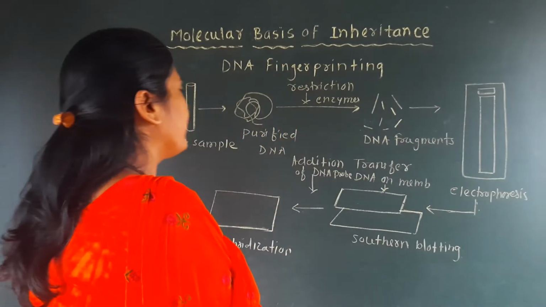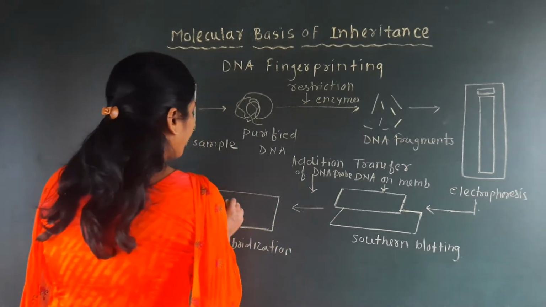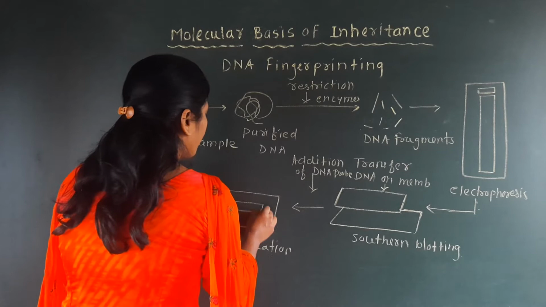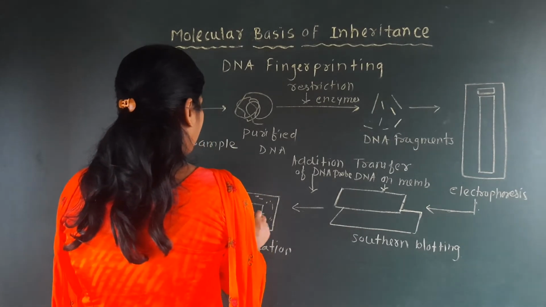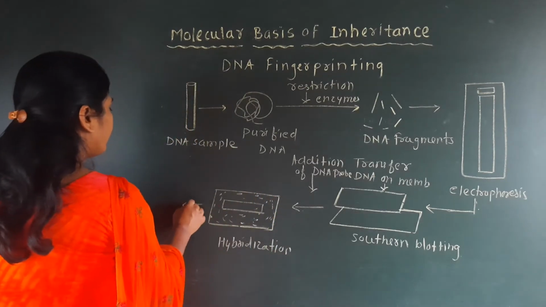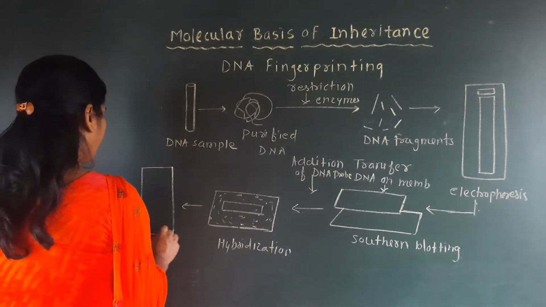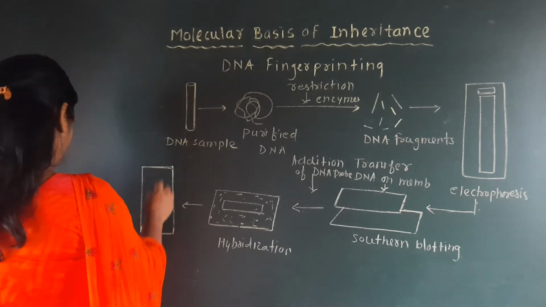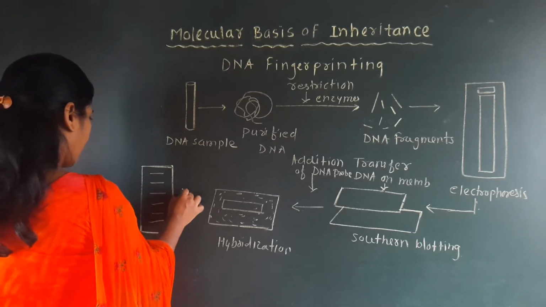So to check the hybridization, the DNA probe is added, and here you will find the formation of different structures. There will be pairing. If the person is the same, then that is called hybridization. And a photo of this hybridization can be taken by X-ray film. Here you will find that it is called X-ray.